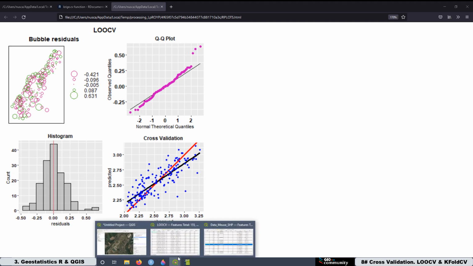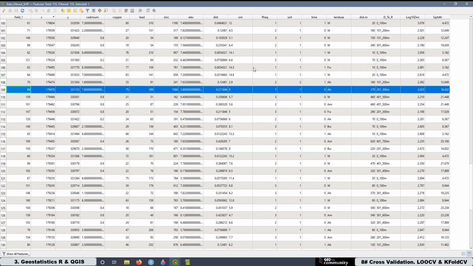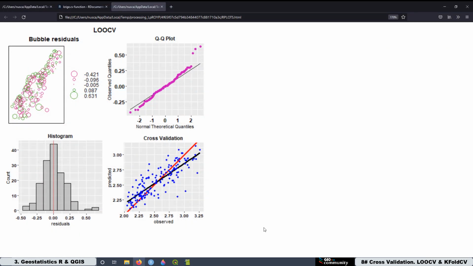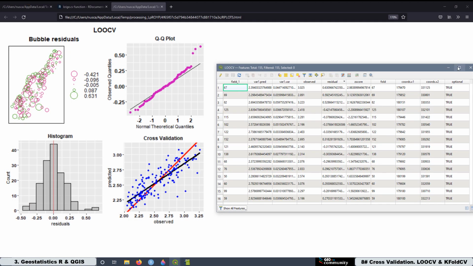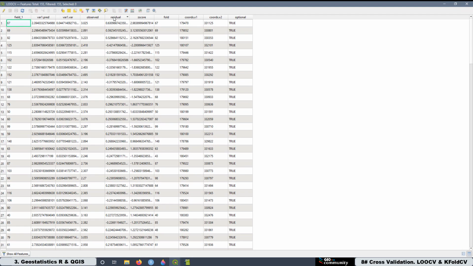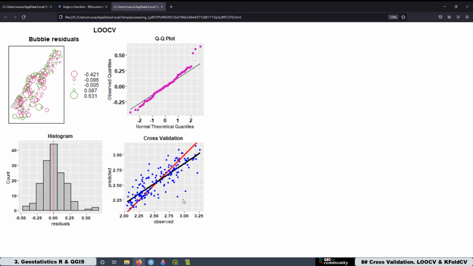And also these 3 values over here. Let me make this one bigger. No, this one, the other one. In this table over here, the 3 biggest values for the residuals are this one, and this one. And even though we are saying that these 3 values are spatial outliers,